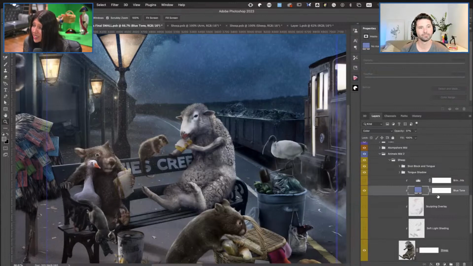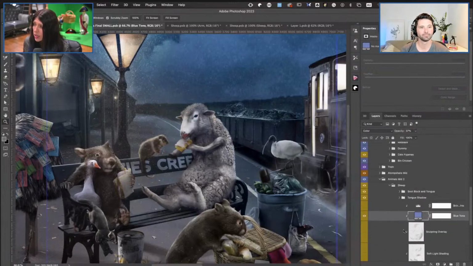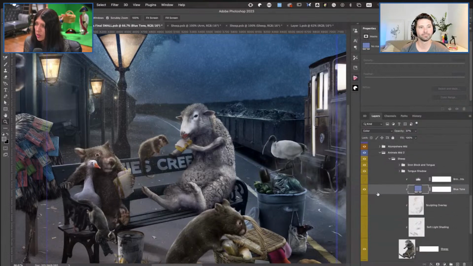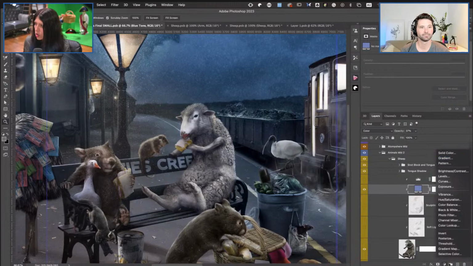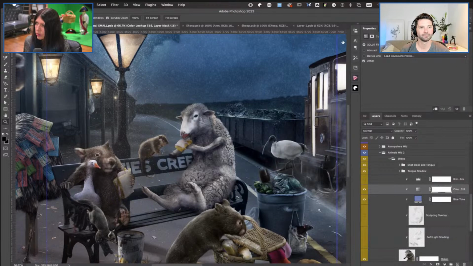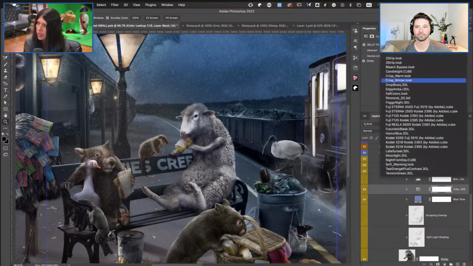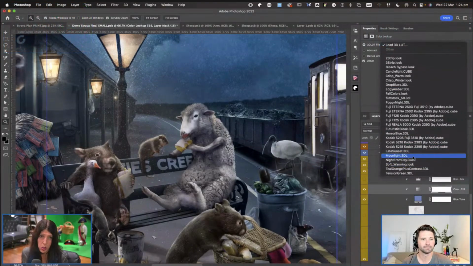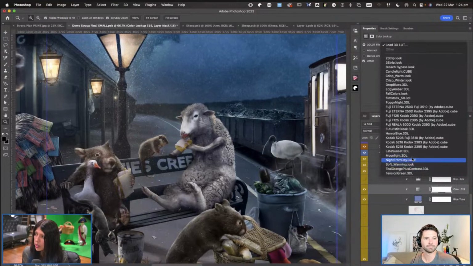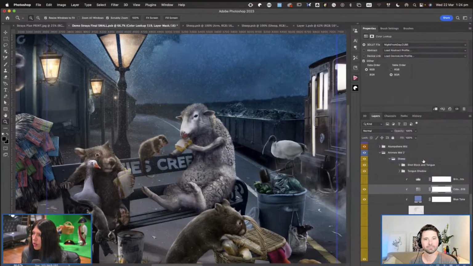Another technique that I might use is a color LUT, or a color lookup table. I haven't done it on here, but I will demonstrate it. So if I go to my adjustments, color lookup, click on that, this will actually create a new one. Now there's a whole bunch of built-in color lookup tables in Photoshop, and some of the ones that I might use in something like this would be night from day, moonlight, or foggy night. They all change it to more of the blues. So if I click on night from day,